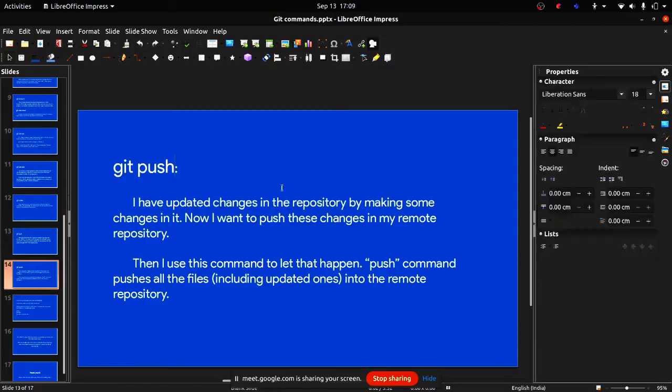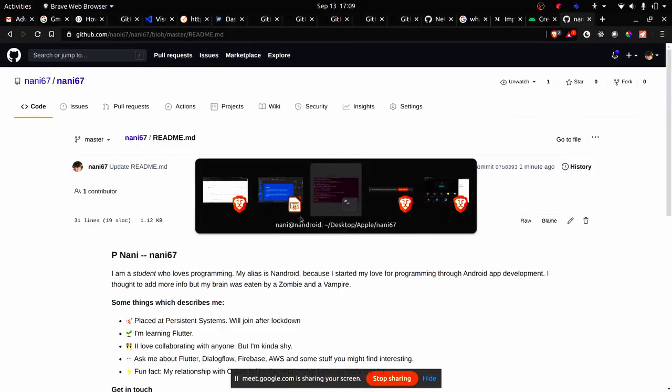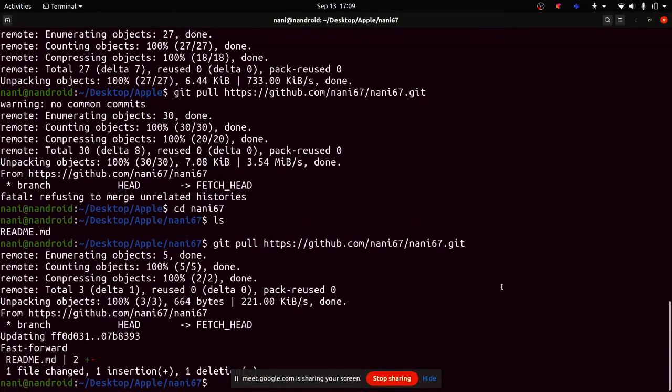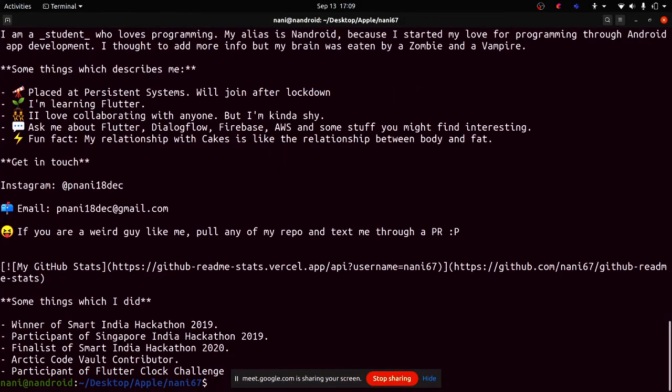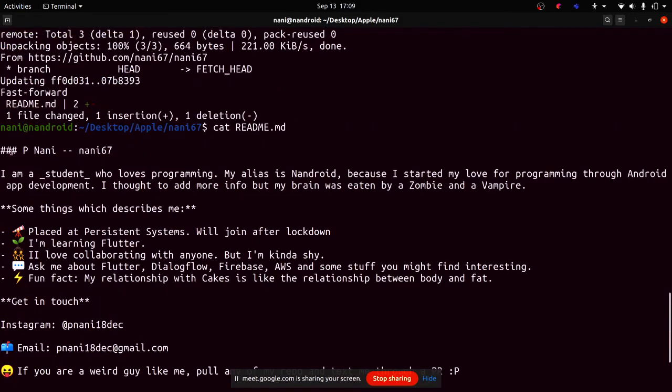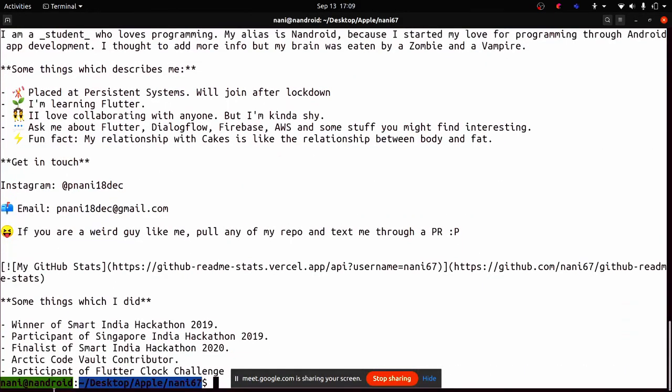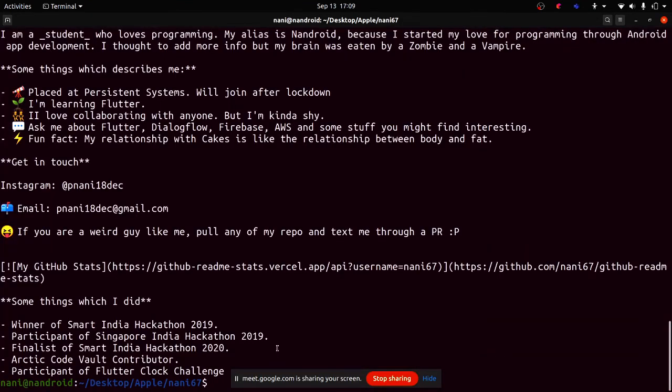So git push. Now let me show you what git push is. I have a file called readme.md, and you can see that I have this much information. So I'll just remove this file.